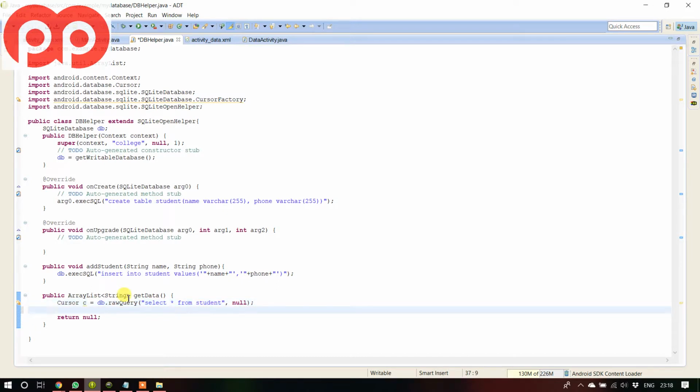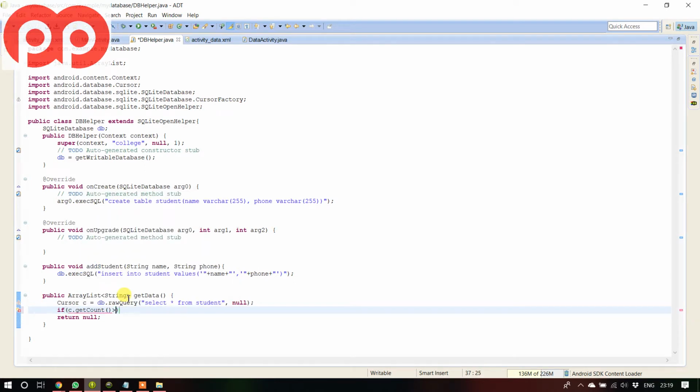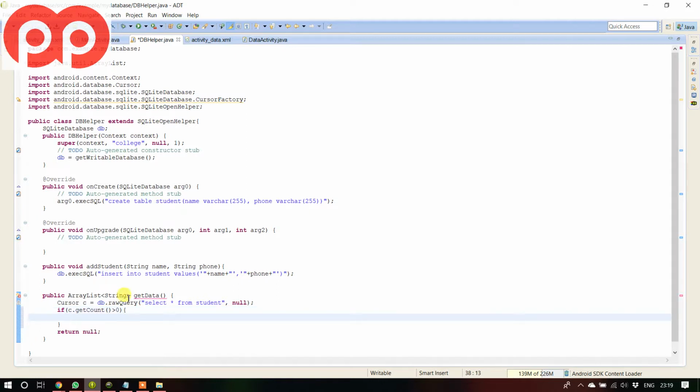So we got the data in the cursor. We are going to write something like if c.getCount() is greater than 0. If c.getCount() is greater than 0, what are we going to do? We are going to get the data. So until when are we going to gather the information from there? Until we do not have the next row,